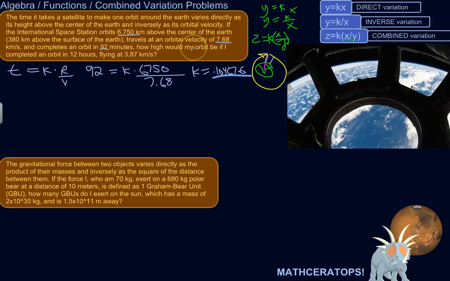So the question is, how high would my orbit be if I completed an orbit in 12 hours flying at 3.87 kilometers per second? Okay, so we have the time. It's 12 hours, which we're going to have to convert to minutes. And we've got velocity. We've got the constant now. We only don't have r. We don't have the radius, because the question is how high. So the time is 12 hours. There's 60 minutes for every hour, so I'm going to multiply that by 60. So our time actually is going to be 720